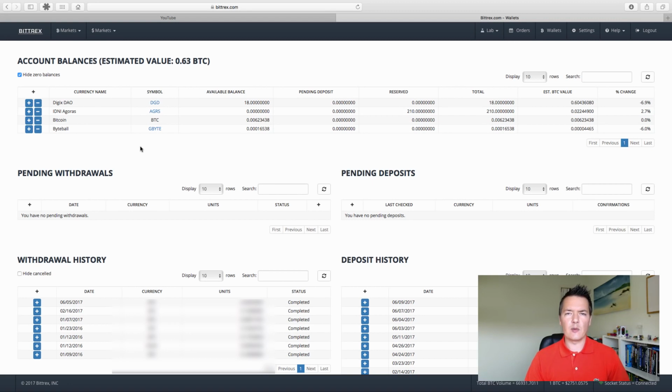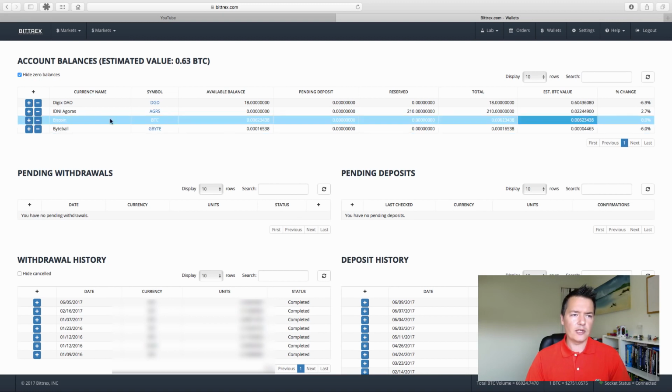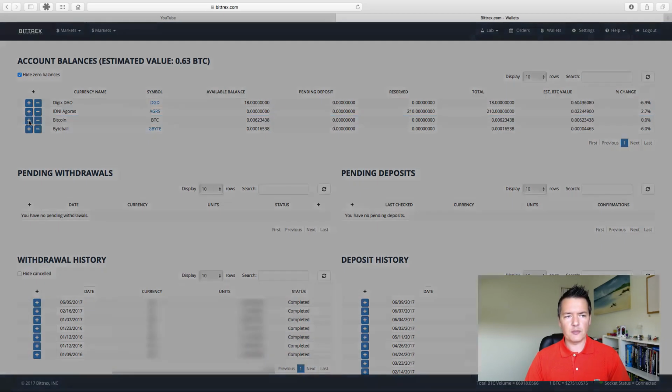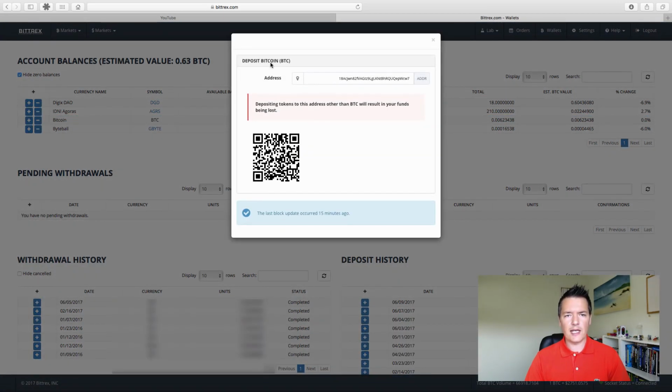So let's assume that we want to deposit Bitcoin, and you can deposit virtually any coin that is on the exchange itself. So it could be Bitcoin, Litecoin, Ethereum, etc. What you would need to do is find the coin that you want to use. In this case, we're going to be using Bitcoin. And then if we click on the plus box, it will give us a deposit address that we can use for depositing funds to the exchange. So you can see this is a Bitcoin address. We will just select that,